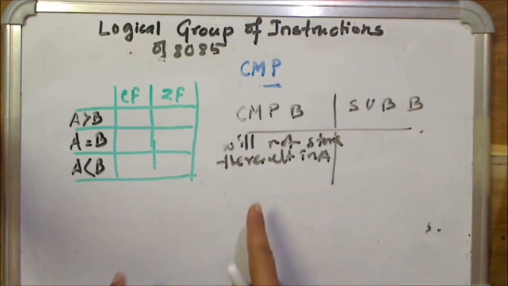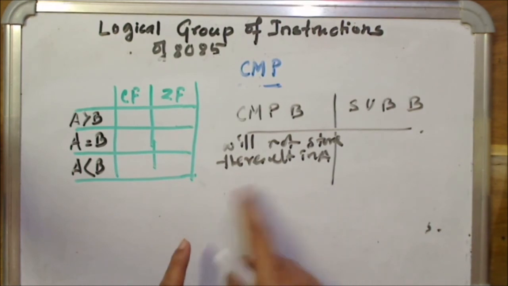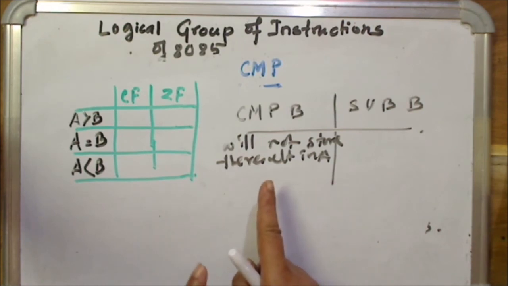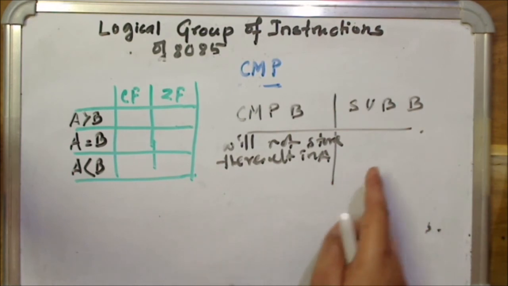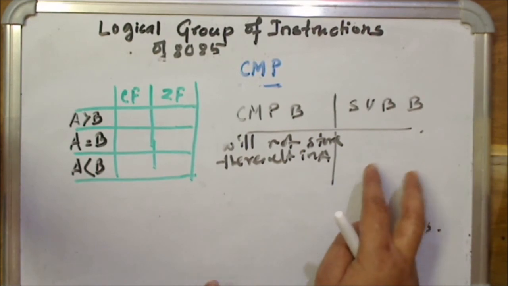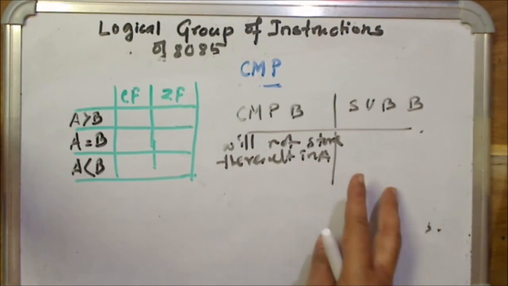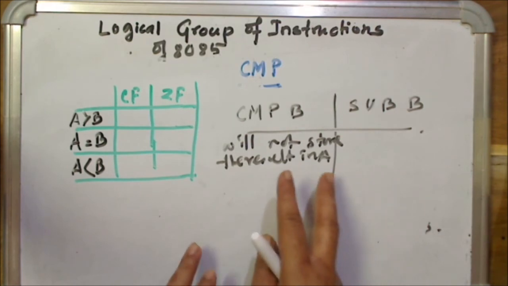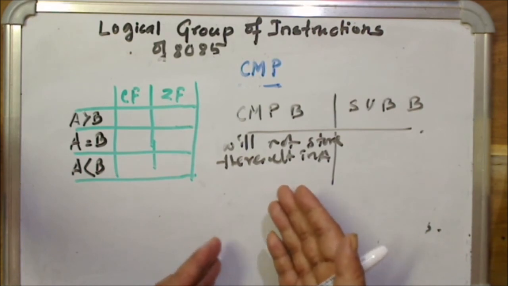Because you did not want to subtract it. The processor is subtracting, that is different, but your intention was not to subtract the numbers. Your intention was to compare the numbers. The processor is doing it by subtraction. It is its choice. But in the subtract instruction, your intention was to subtract the two numbers. In compare, you did not want to reduce anything. Your idea was to know which one is bigger.